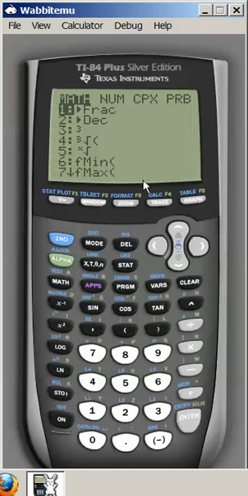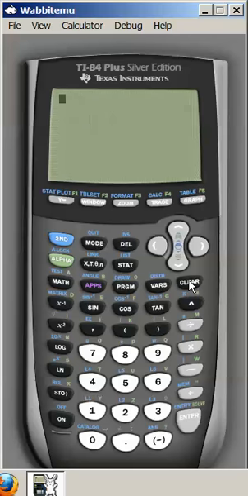This one and this one, 1 and 2, say convert to fraction and convert to decimal. I'll show you how those work. I'm going to hit second, quit, and that'll take me back to the main screen. I'm going to clear here for a second, and if I type in